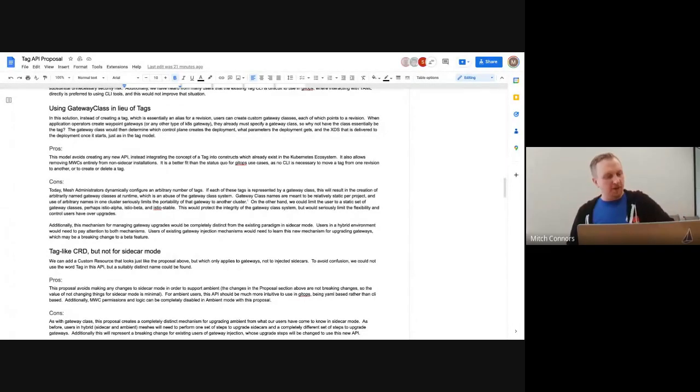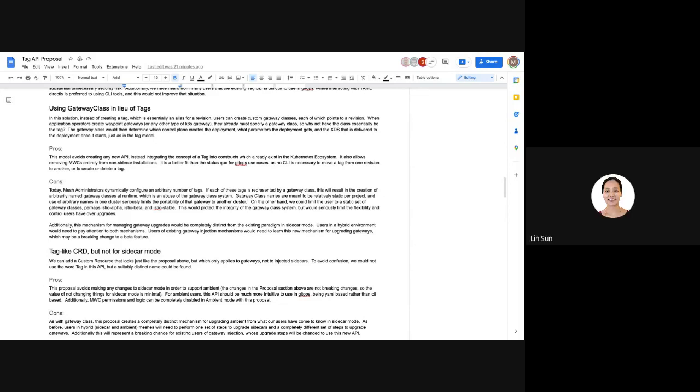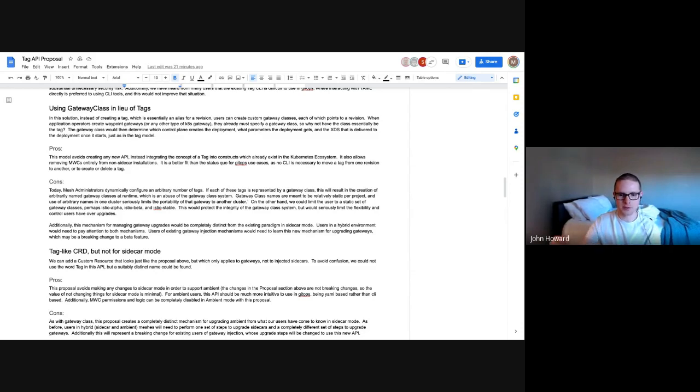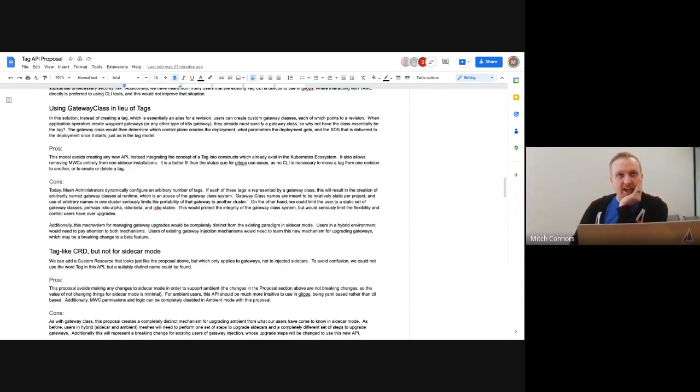This proposal would not help the GitOps approach at all in the short term, not until we arrive at an API for them to use. Okay. Just to be clear, though, you can still use GitOps. It's just you have a larger config. Well, not a little bit. It's a much larger config, but it's not like it's impossible to use GitOps. And you have to be able to hand edit mutating webhook configs to represent tags. The CLI does not support operating on files in all of its modes.